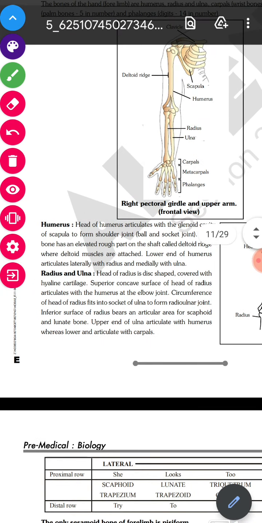Now you can see a deltoid ridge, it means a delta shaped ridge over here. What is the function of this? Muscles are going to be attached to this region and it is going to help in contraction and relaxation. That we'll see later. When you come down from the humerus to the radius and ulna,